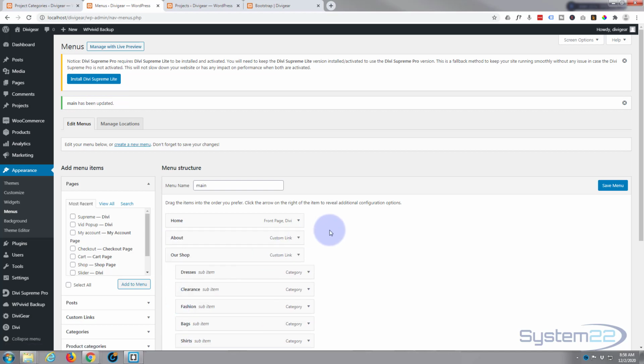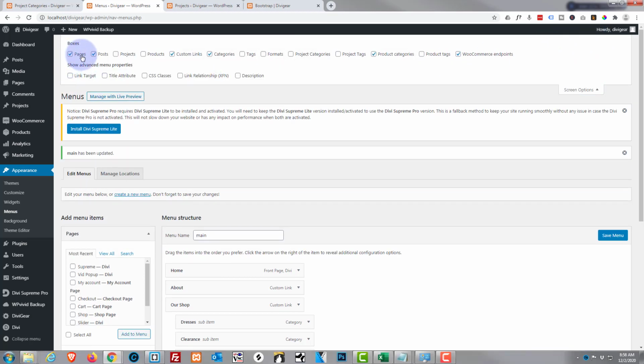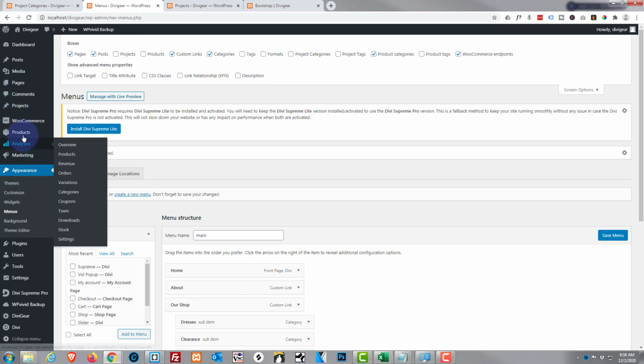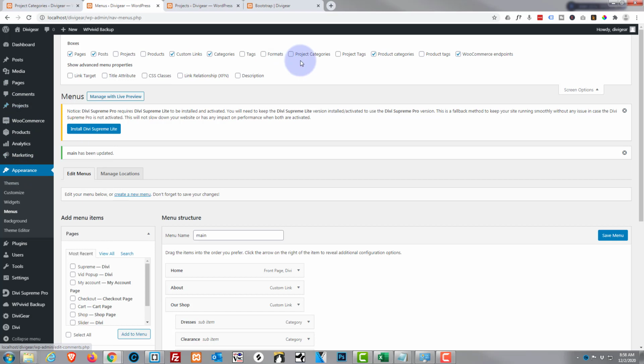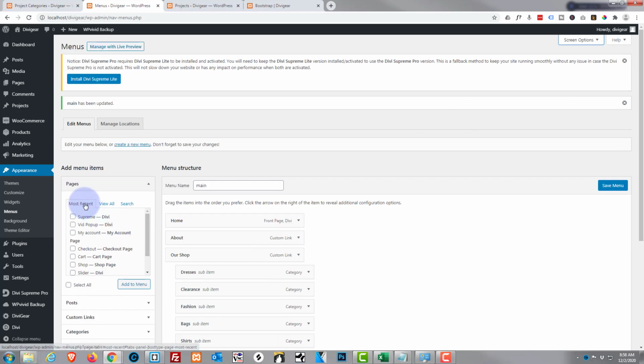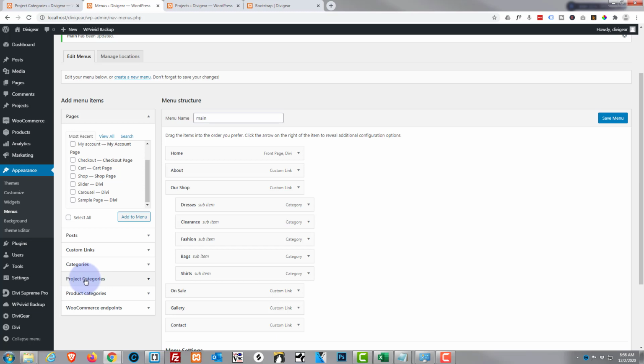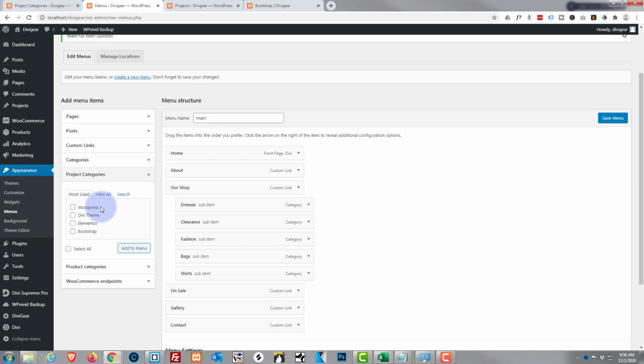The easiest way to do this, though, if that's what you're trying to do with these URL create pages, go up to the top of your screen or top of your page here where it says screen options. Hit the little drop down. Look up the top here, and you're going to see project categories. And we created this with projects, our filtered portfolio right here. So we've got project categories right there. If we click this, shut that one back up. Suddenly we got project categories right down here, and it'll show us our categories: WordPress, Divi, Elementor, Bootstrap, and you can add them all individually to the site. Let's just add them all,